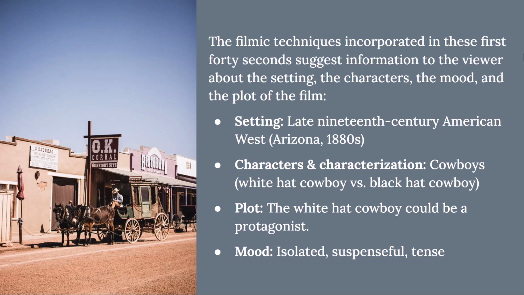Additionally, the positionality of the featured characters, that is, the three men standing on one side of the tracks and the one man standing on the other side of the tracks, suggests that these men might be enemies, or are at least somewhat opposed to one another. You may have also noticed that the harmonica player is wearing a white cowboy hat and other light clothing, while the other three men wear dark hats and other dark clothing. In westerns, these choices often signify good guys versus bad guys. White hat cowboys tend to be heroic protagonists, or main characters, and black hat cowboys tend to be villains.